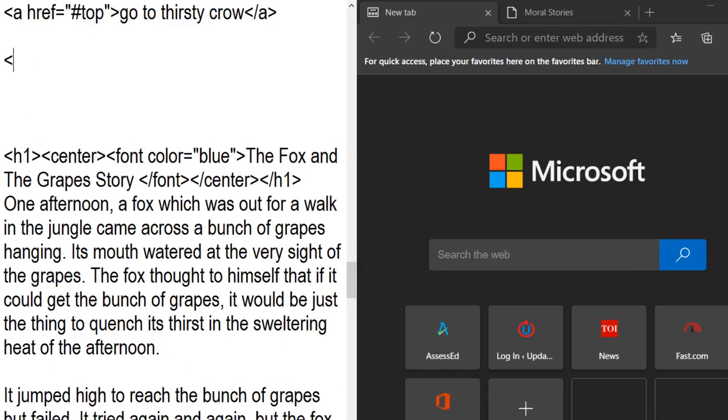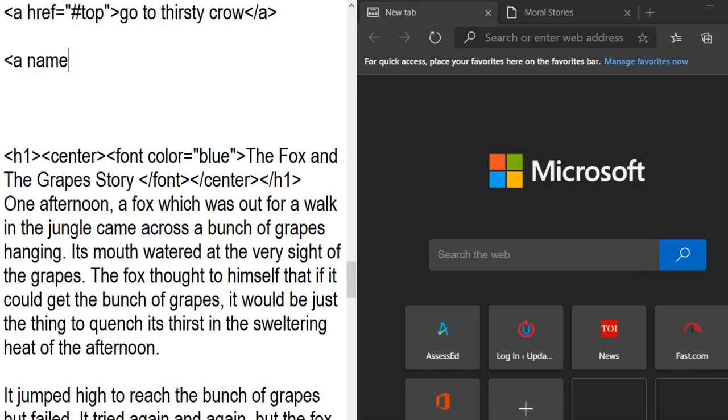How can you write it? A, space. Now the name of the attribute is name. For internal linking, the name of the attribute is name. So in internal linking, we need both the attributes href and name. Href we use for the hash sign, and then we write top or bottom or anything within inverted commas in double quotes. The bookmark is very compulsory to write, to jump when a specific link is clicked.